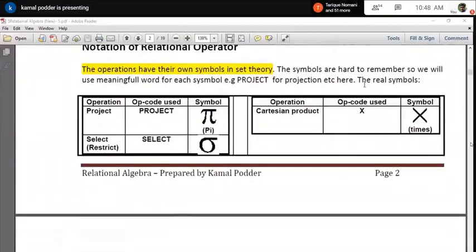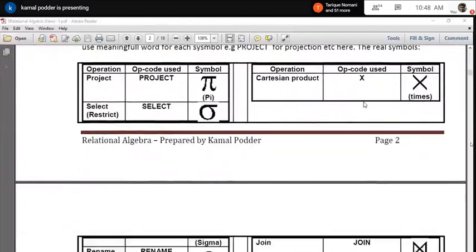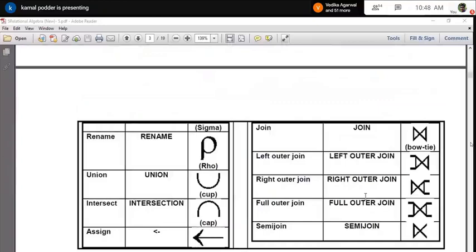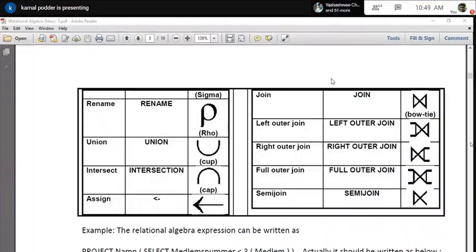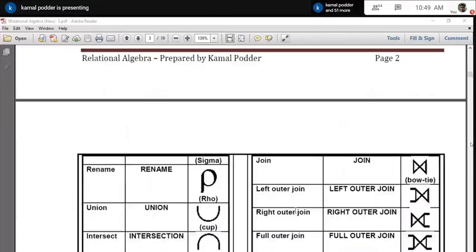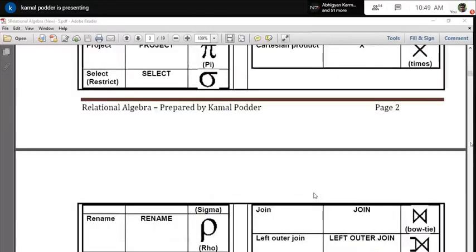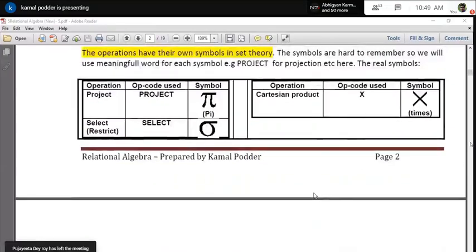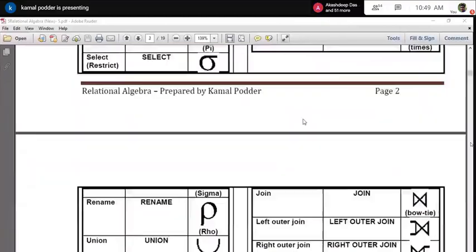Here I have given all the symbols in a set. Actually I always forget what the symbol is and what it means, so it is basically a ready reckoner for me. You can also use it: if you forget at a later stage, just come back and see what the meaning is. Since everybody forgets this, another facility is also available. You can use the corresponding opcode while writing these. Both are acceptable. It's not that you always have to use the symbol; you can use the corresponding opcode also.